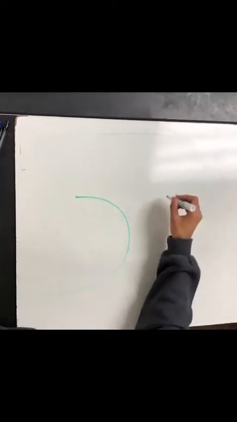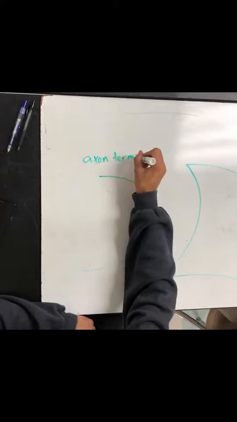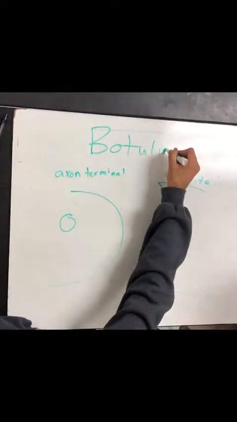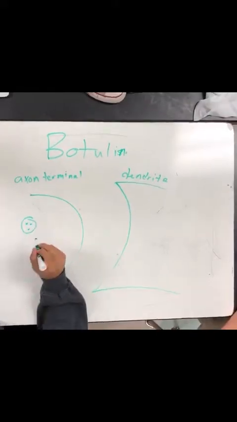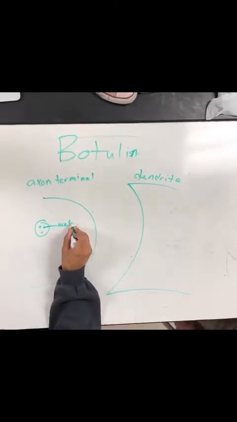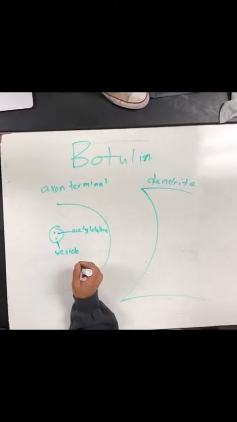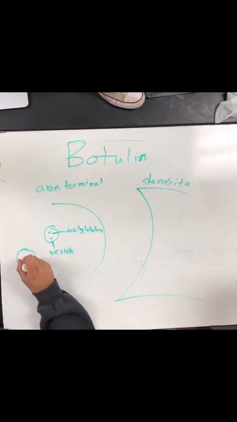The botulism toxin. It is the light chain of the toxin that depletes the neurotransmitters, and the heavy chain gets released into the synapse, ruining the function of the receptor proteins. The botulism toxin binds to the vesicle's membrane, and the light chain is able to enter it, stopping the release